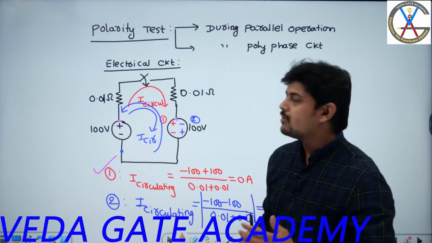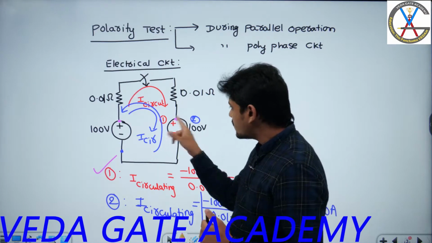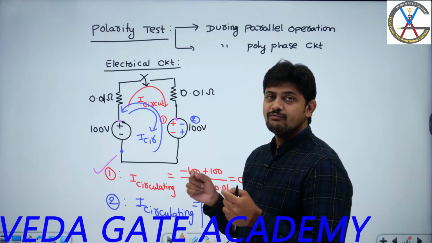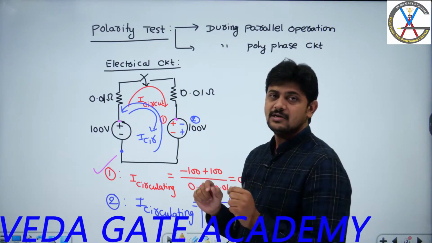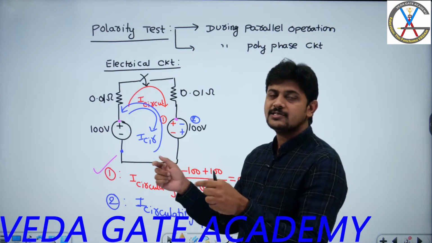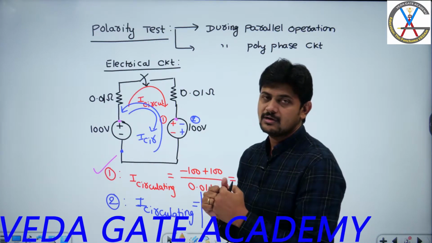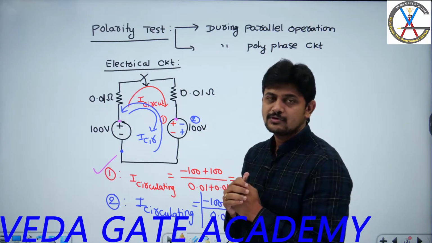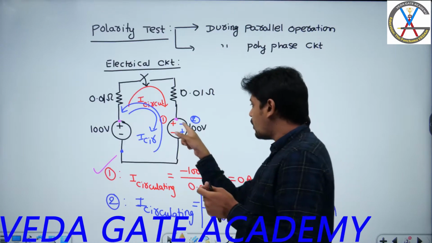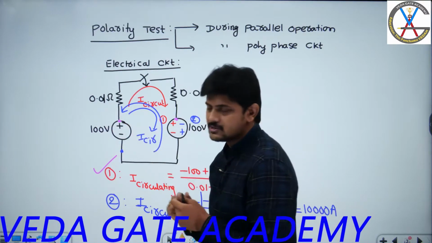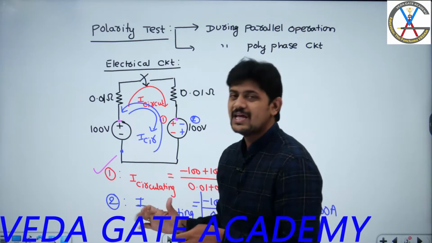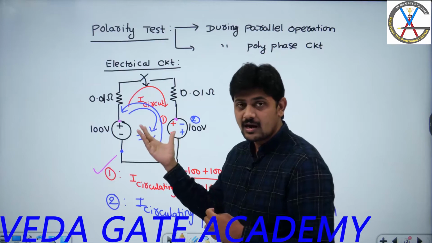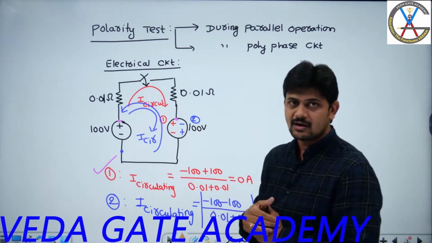So in order to overcome that, I need to connect as in case 1. In case 1, the terminals which have the same polarities must be joined with each other, then only can we avoid circulating currents. So that means if I know the polarities of the second source with respect to the polarities of the first source, then only can I understand whether I need to close this switch, or whether these two are properly parallel connected or not.